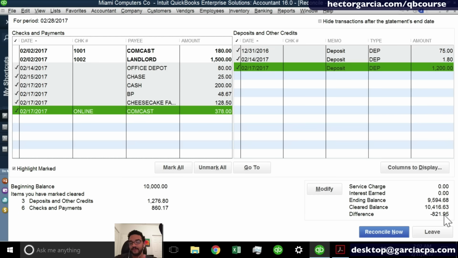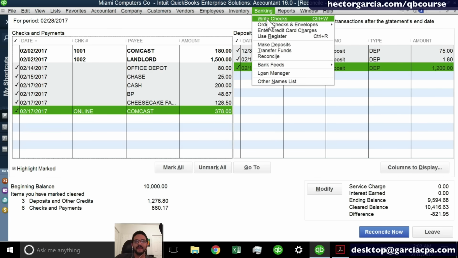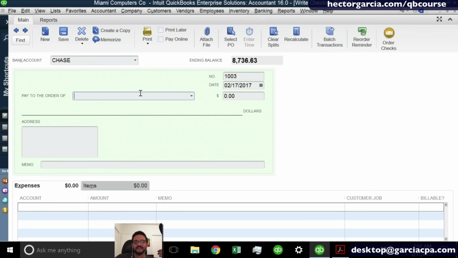So let's say, for example, I'm looking at my bank statement, and let's say I'm short $821. And let's say I'm looking at my statement and I actually have a missing check for that amount. So I just have to go back. I don't have to do anything fancy here. I just go into banking, write check, and I finish entering that missing transaction that happened to be in my books. And let's say I paid Microsoft